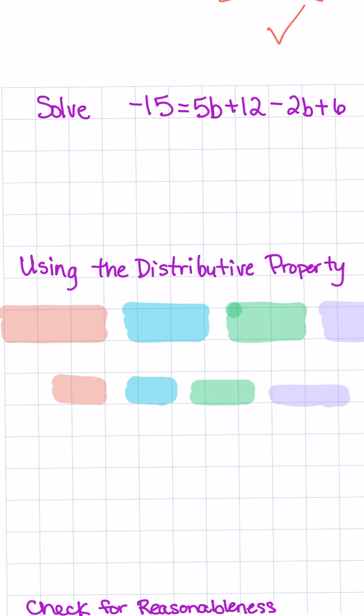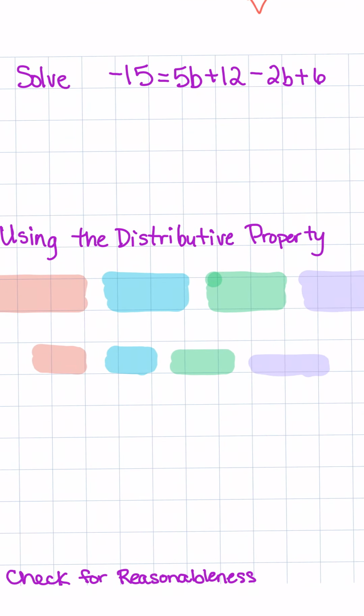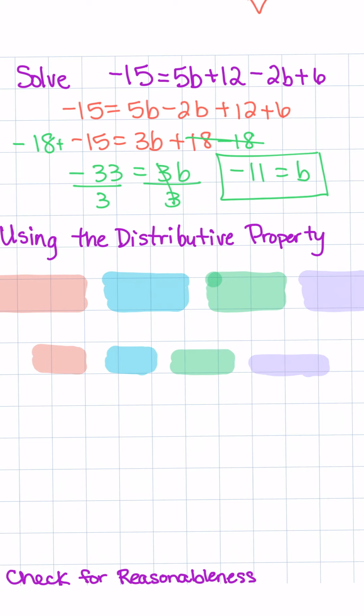So let's look at this next one. Why don't you try to do it on your own? Come back to me and let me know how it goes. You should have gotten b equals negative 11. Okay, so using the distributive property,